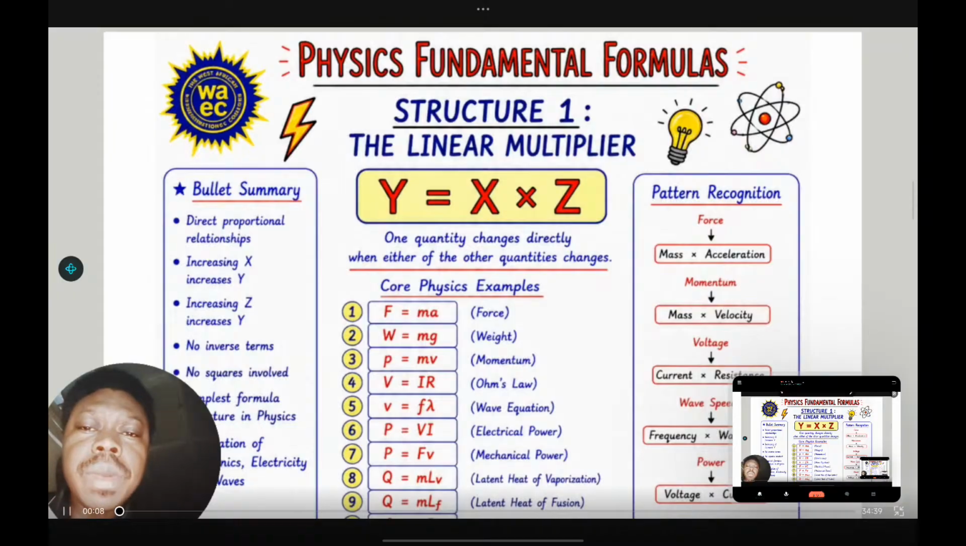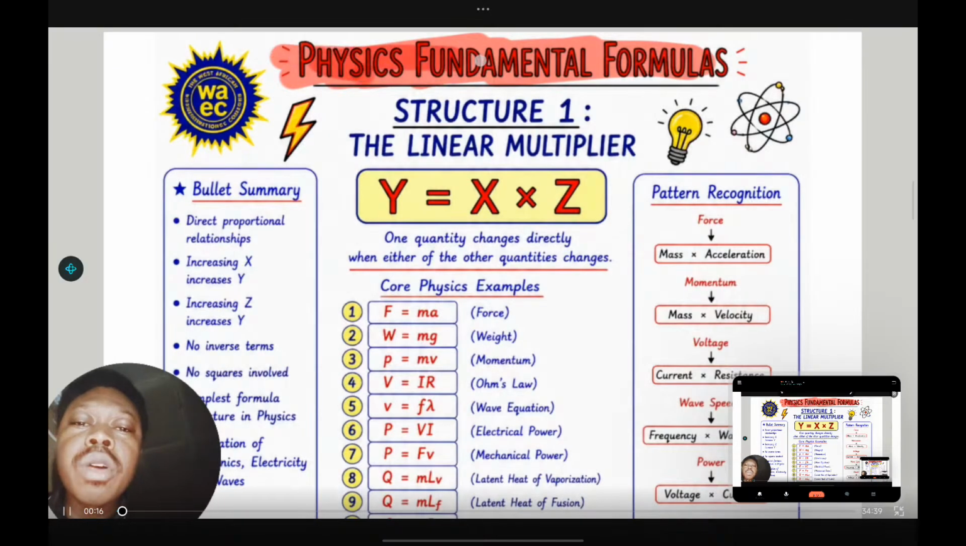In this video, we're going to be talking about the fundamental formulas in physics that you must memorize or you must know. But you must not memorize all the formulas. All you need to do is to know the structure of these particular formulas. So in this,